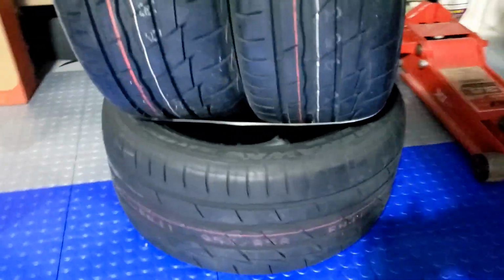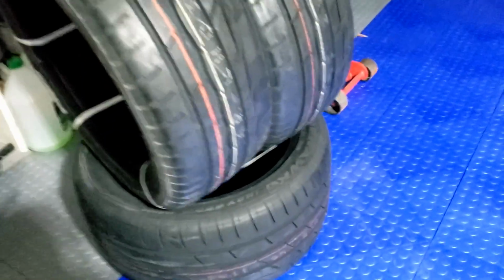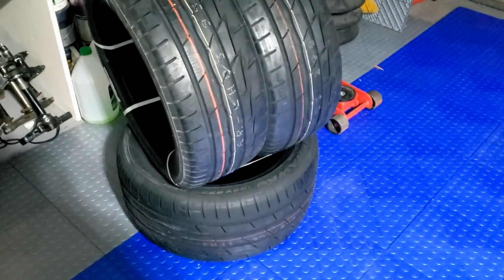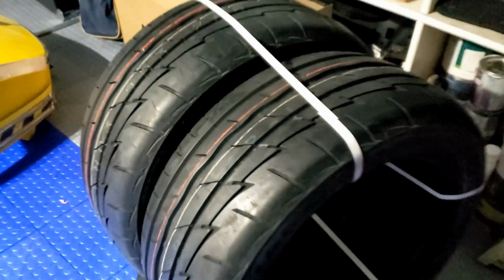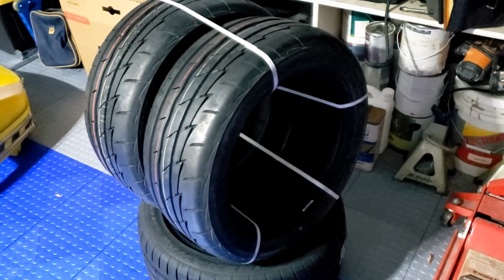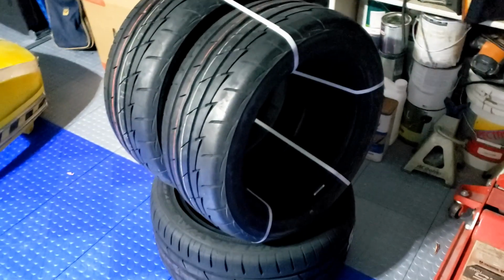And indeed, they have arrived. The Firestones are here. Have you noticed anything that could be problematic? Yes, there's only 3 of them. Apparently, FedEx have lost the other one, so I'm going to get another one. Anyway, not a bad tread pattern on them, quite like that, and quite a high wear rating of 330. So we'll see how long they last once we get them all, and once we get them on,